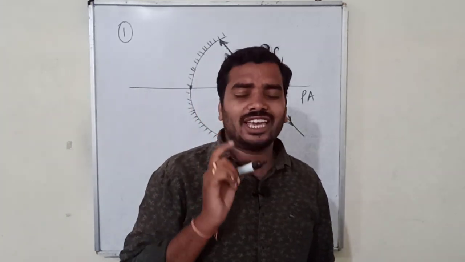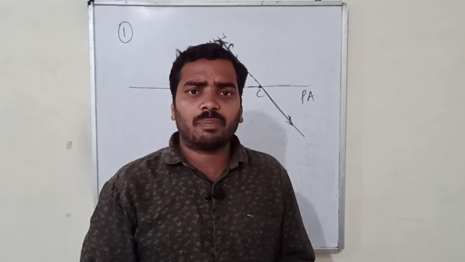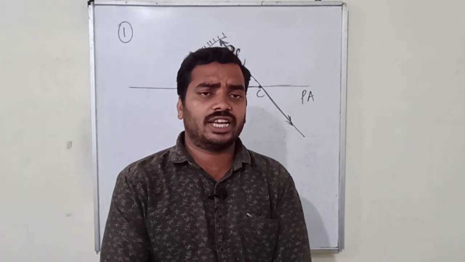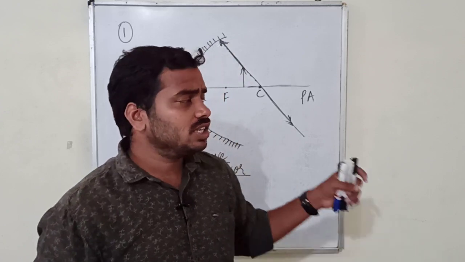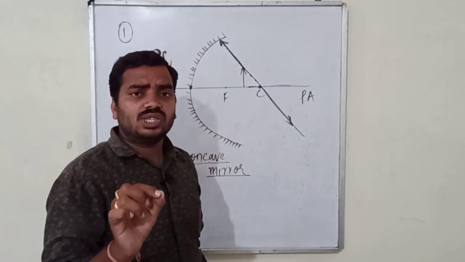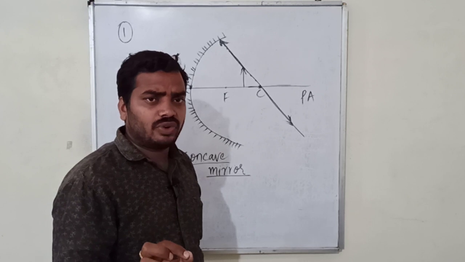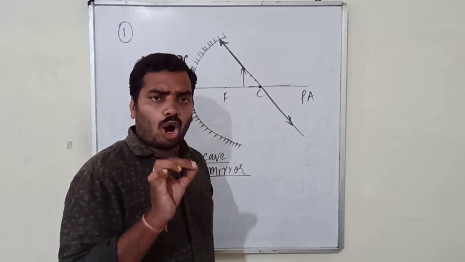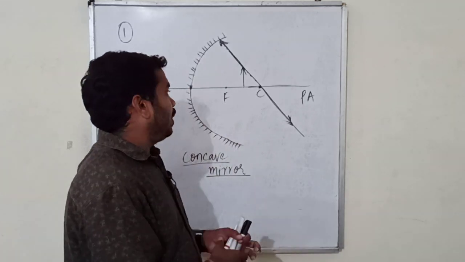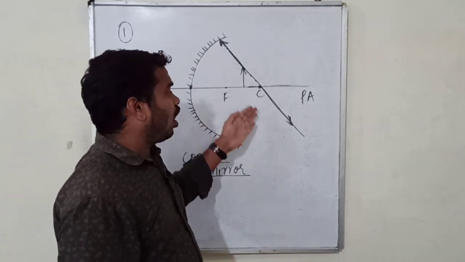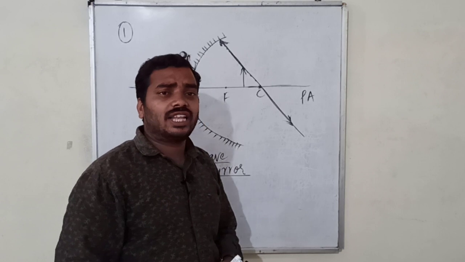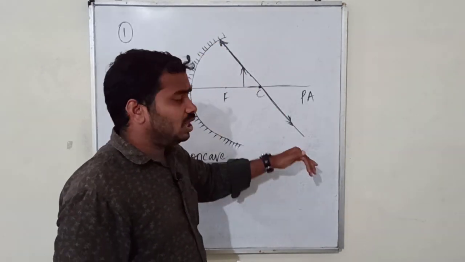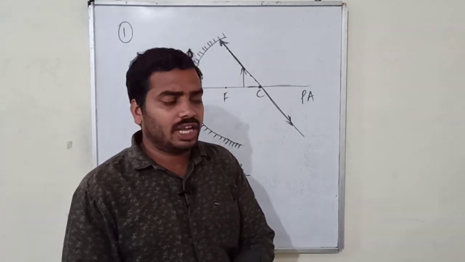So this is case 1 which you have learned. Let me repeat the statement, case 1. To draw the ray diagrams, you need to know this. So what is that case 1? When the incident ray passes through the center of curvature, the reflected ray retraces the same path, that is, it goes the same way the incident ray has come, passing through the center. Ante reflected ray malli center nunche pass avutadi ani meaning.